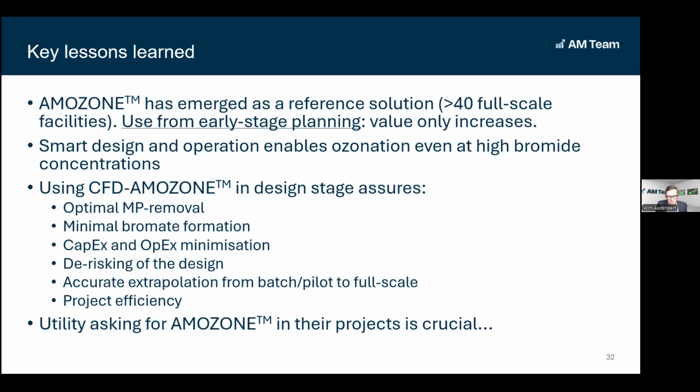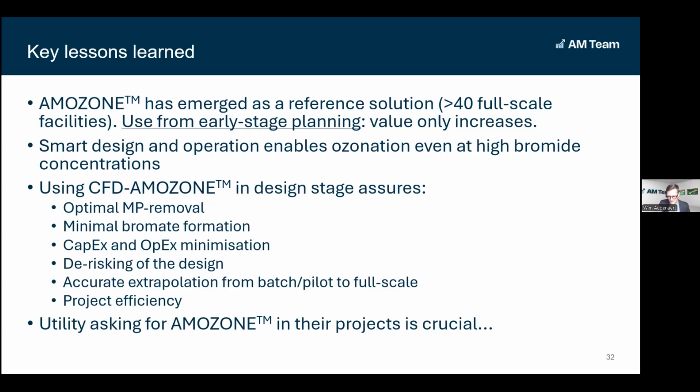Yeah, using the model in the design stage is probably so much de-risking and so much improvement at many fronts. We have seen it across all of those cases. Not only will you meet your compliance, for example, 80% removal, 85% removal, but also you will keep your bromate low if that's a point. Sometimes it's not an issue, but also the cost optimization is quite significant, while you also de-risk the design, because